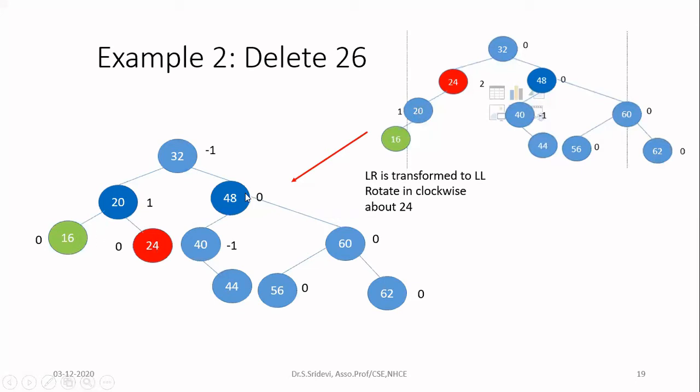So now it is over. You have done both the rotations. Now you can check the balance factor of all the nodes. So in the newly formed node, all the nodes are having balance factors in the permitted range. So I can go delete the next node if I have any.